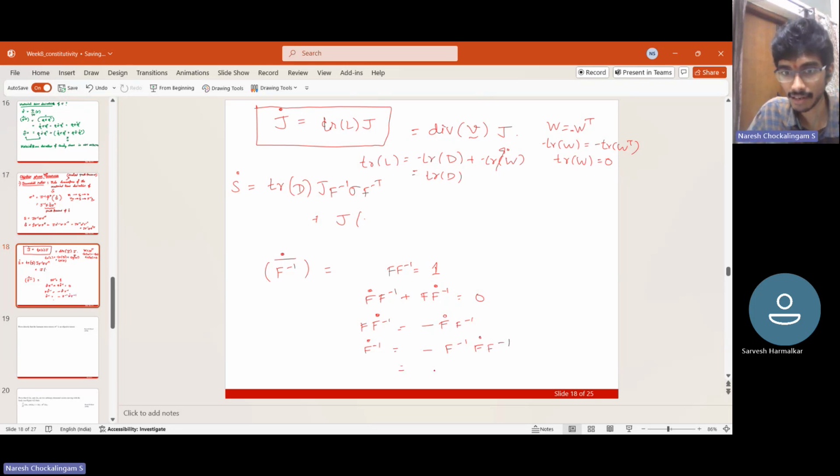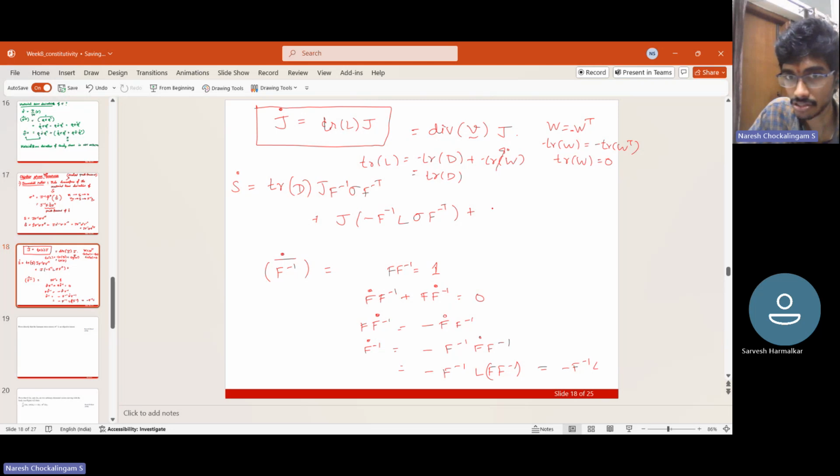But what is F dot? It is LF. So it is minus F inverse L F F inverse. So F F inverse is I. So this is nothing but minus F inverse L. So F inverse dot, you can put it as minus F inverse L sigma F inverse transpose